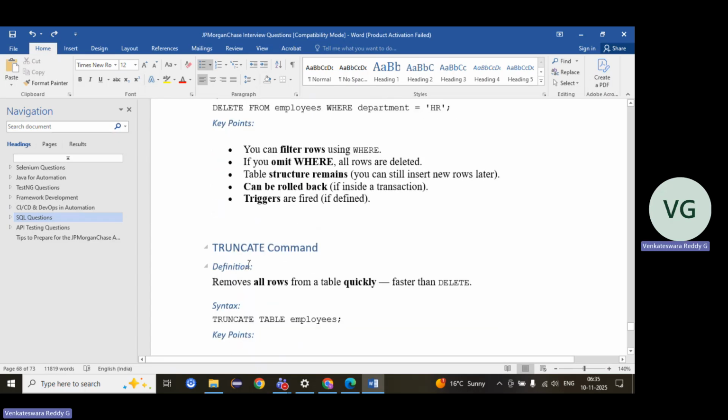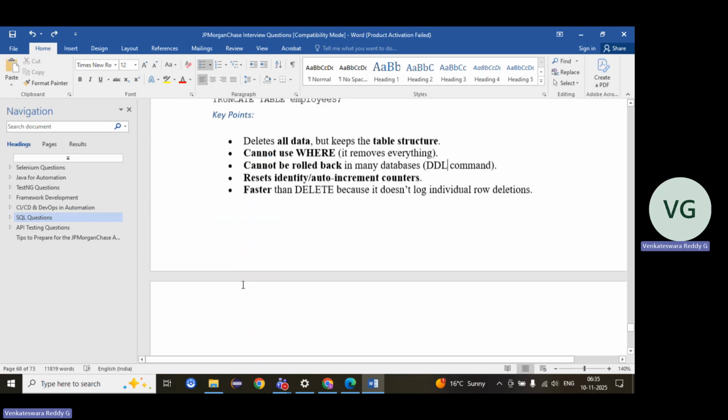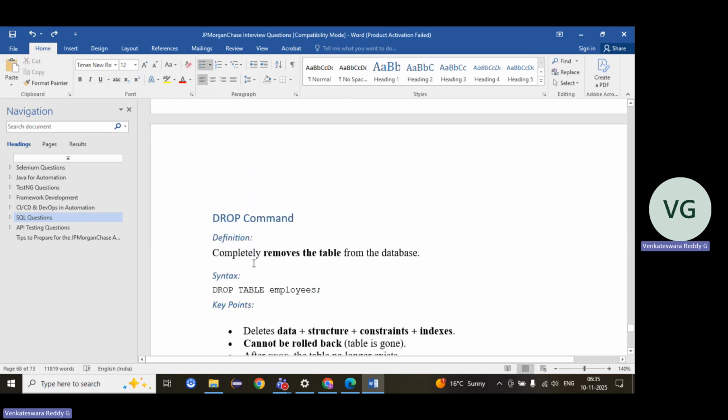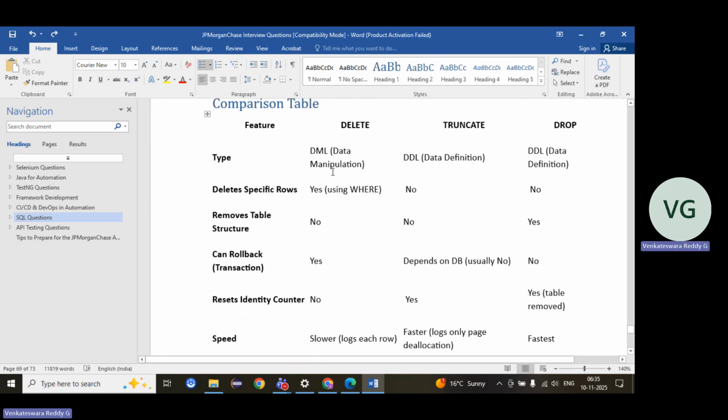Right? We cannot, it will delete all the rows. We cannot roll back it. What is drop? Drop completely removes the table. Drop table name. It will delete the data structure, constraints, indexes, and cannot be rolled back. It will delete the entire table itself. Drop table name. So those are the differences between